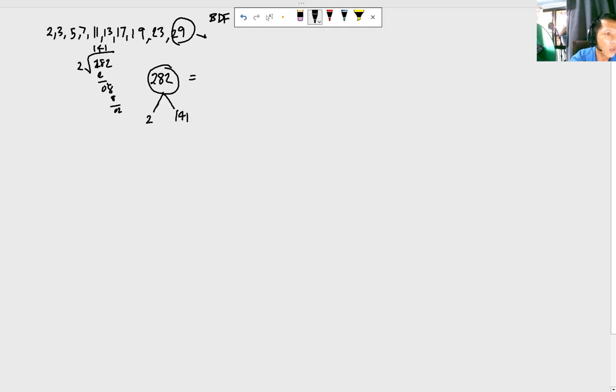So 141 cannot be divided by 2. Basically, we cannot divide it by 2. You try to divide it by 3. And then by 5, we can't divide it. How about 7 and 11? So we will try. So can 141 be